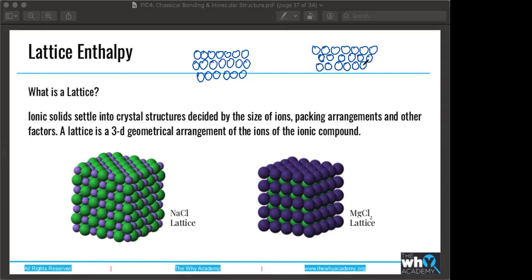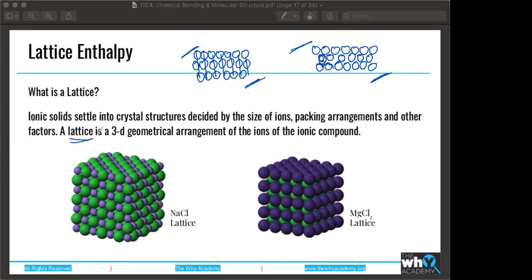Like you see pyramids of orange, right? So the upar wala row, these are basically in the grooves between the niche wala row ke particles. Another structure was like the first structure, when they're directly in a straight line. So depending on the size of the ions and the packing arrangements, you have so many different types of lattice structures. But yeah, the way these solid particles are arranged, how these particles are placed with respect to each other, that is called a lattice structure.